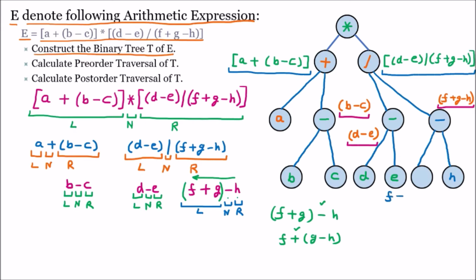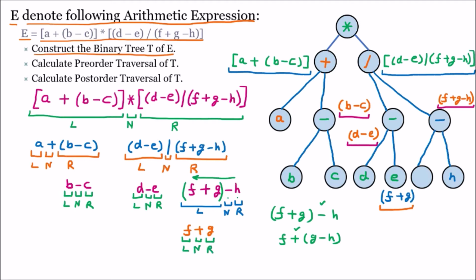f plus g in the bracket. So that is what we have taken. Now it is time to solve the last expression, so we are going to solve this f plus g. We write f plus g here; the bracket is not required. We divide this expression into three parts, 1, 2 and 3, and we know that one is the left, then node, then right. So these are the three parts.